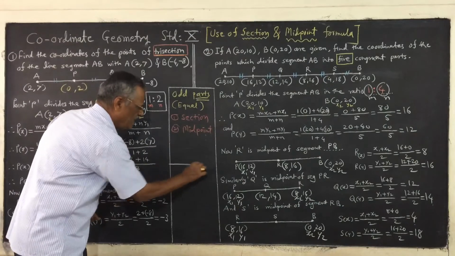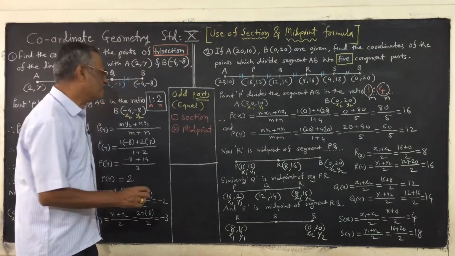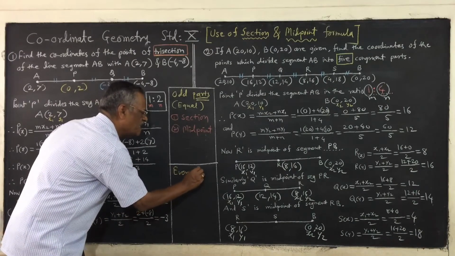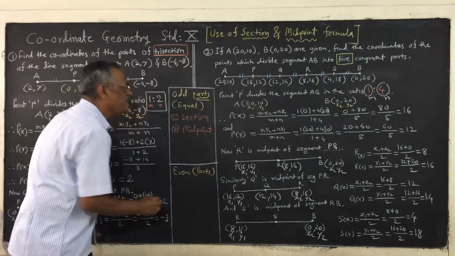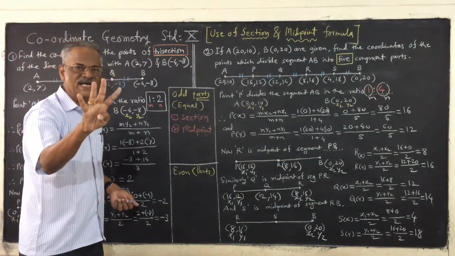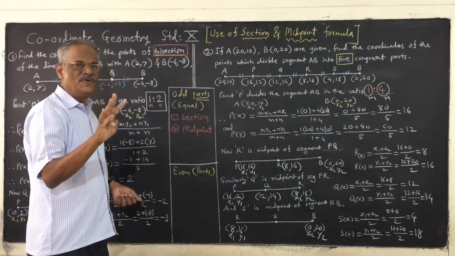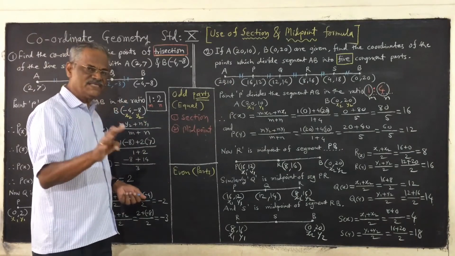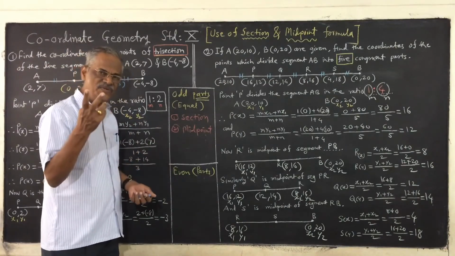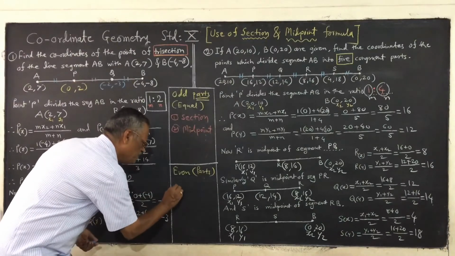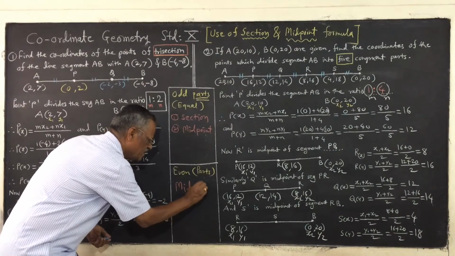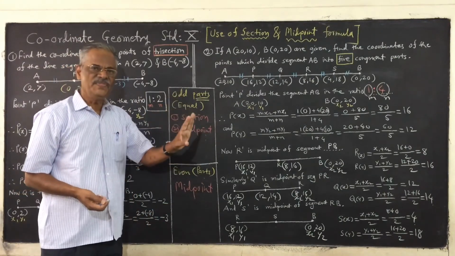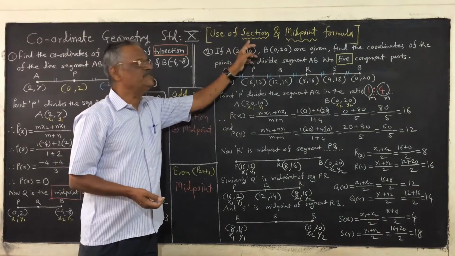That is the technique. And when an even number is there, even parts are there. What is the meaning of even parts? 4 parts are there. You can use very interesting, when there are 4 parts or 2 parts, use the midpoint formula. Remember, this is the hint given to you for when you are going to use the section formula.